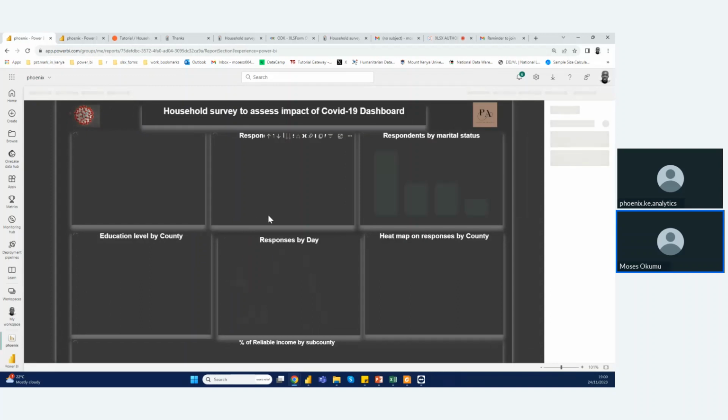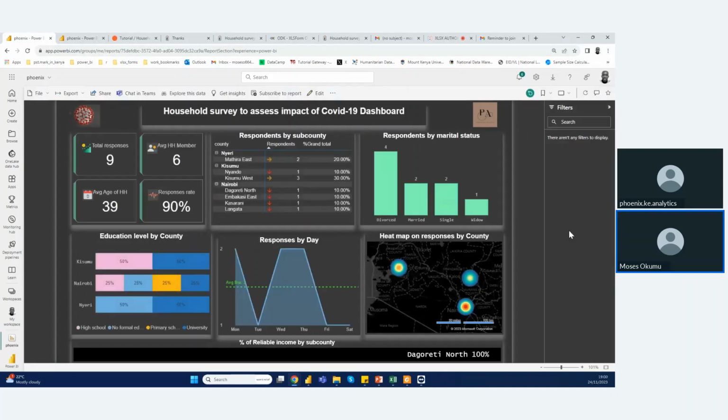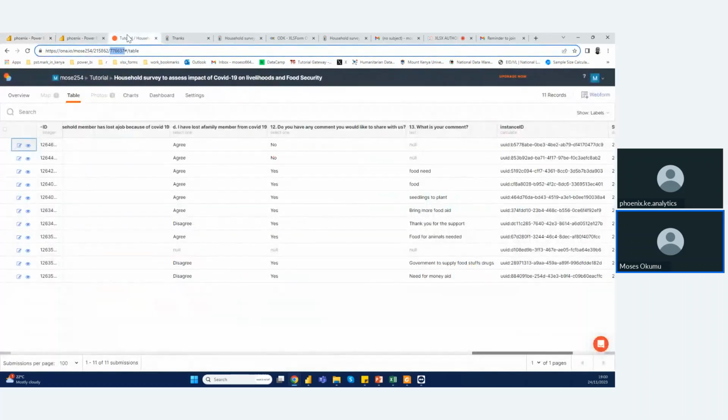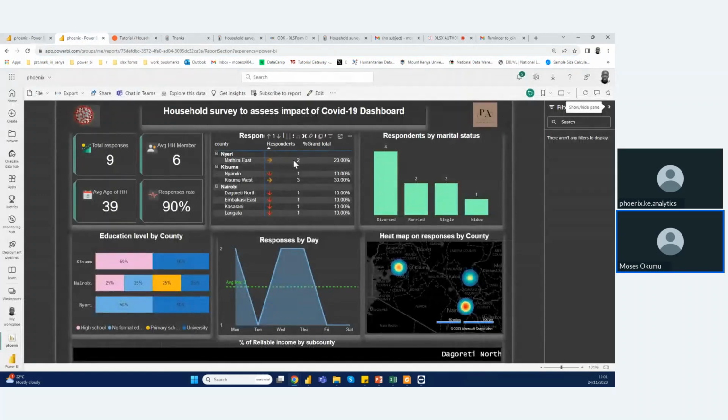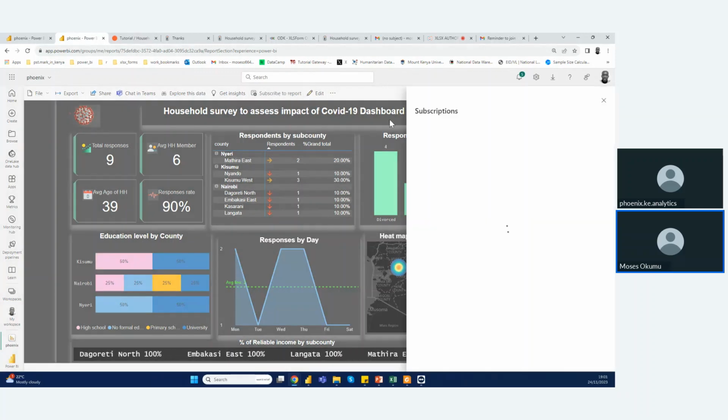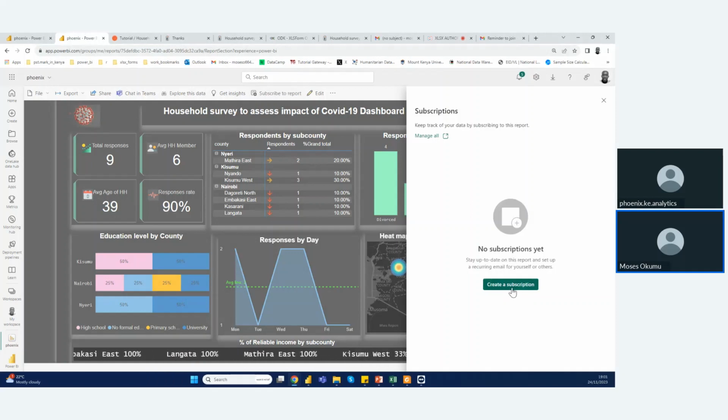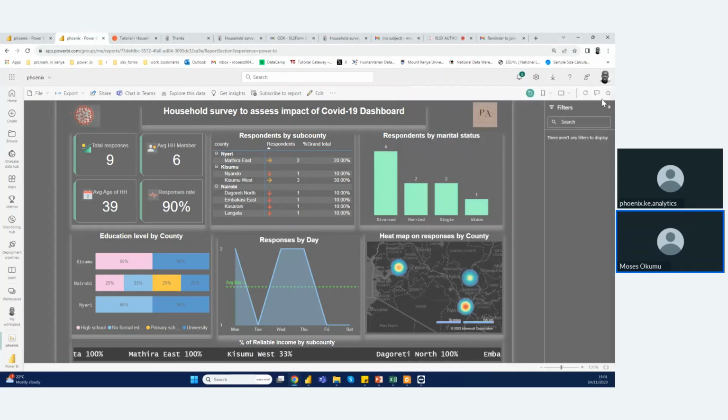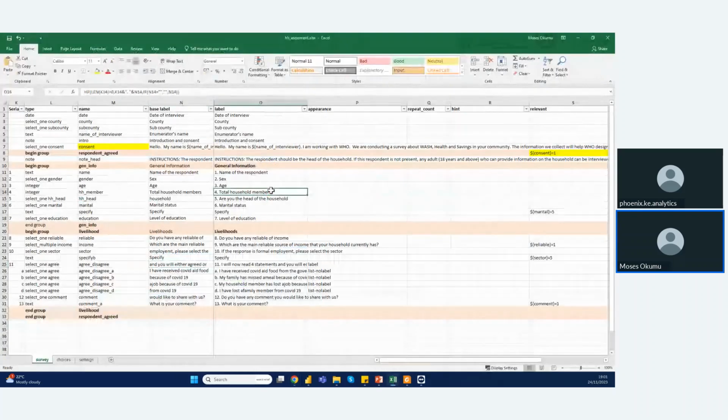So even if you are sleeping, this dashboard will just be refreshing. As it refreshes, it pulls new submissions that have been submitted from the field into this visual. You will see your metrics changing. You will see your values changing, and you can go an extra step by even subscribing your team to this dashboard. I don't have any subscription, so that was not part of the class. The class was majorly focusing on creating XLS, linking it to ODK, and then submitting it and linking it to